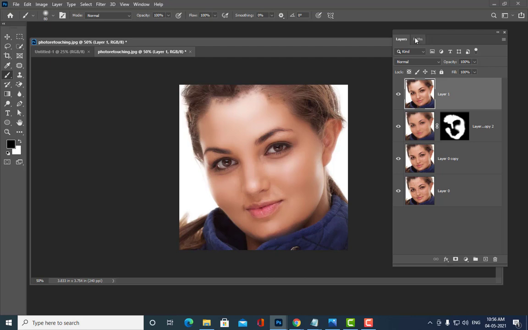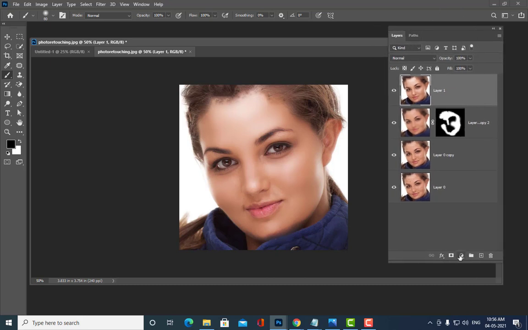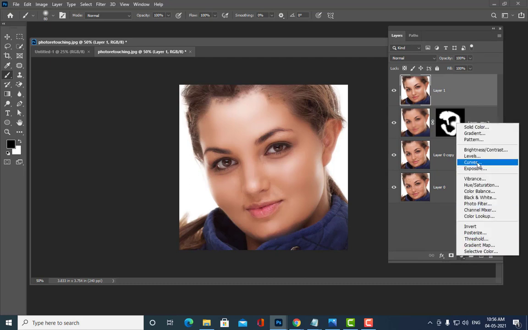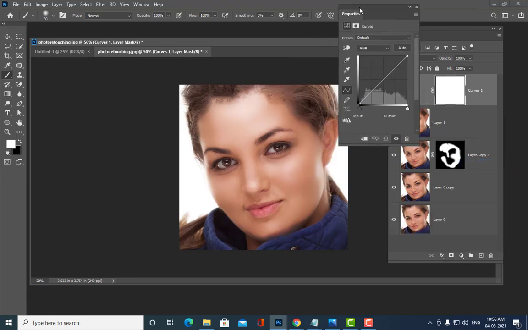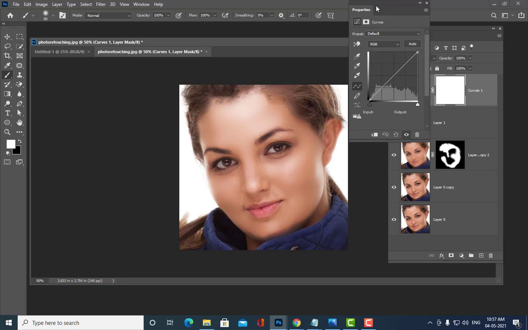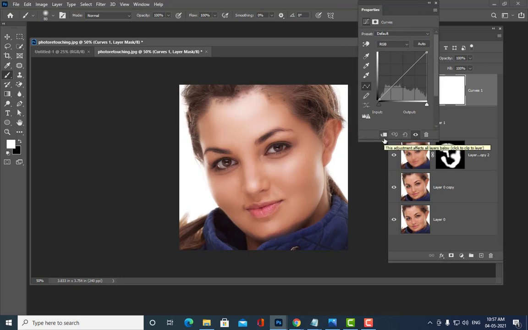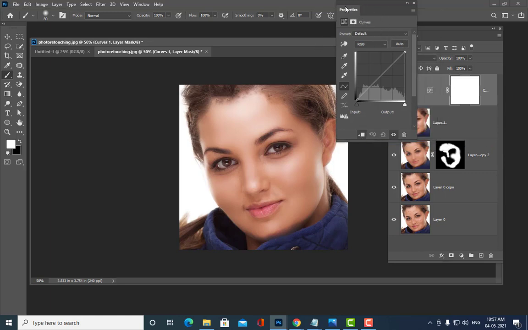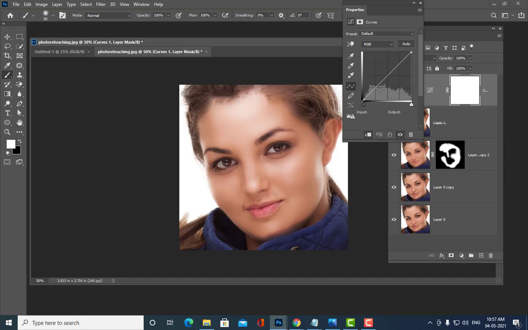The adjustment that we are going to add is curves. And how am I going to add it? By clicking on this button, then add. I am adding the curves adjustment from layers. Understand this? Right. So just click on this, so that whatever effect you give in the curves will affect only the layer that is exactly below it. And now you can give just a slight brightness. A very slight brightness. Don't give it too much, just a slight brightness.